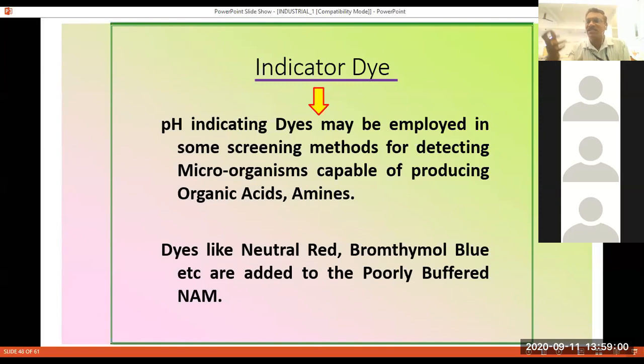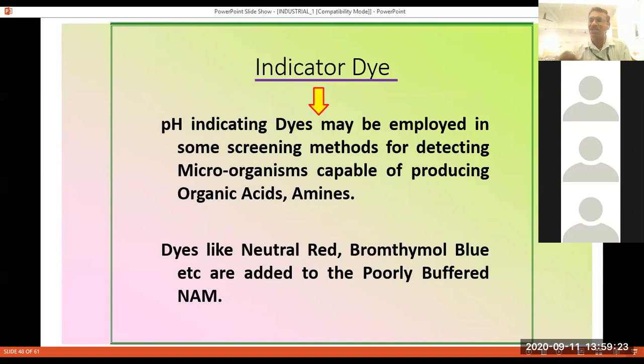They do not immediately change the pH of your solution. These are the buffers. A buffer contains a strong acid as well as a weak base, or vice versa, depending upon the situation, so according to that you have to utilize the buffers. But nutrient agar is itself acting as a buffer because it contains peptone. Peptone is acting as a buffering agent.